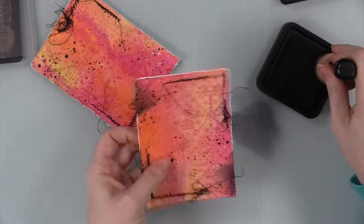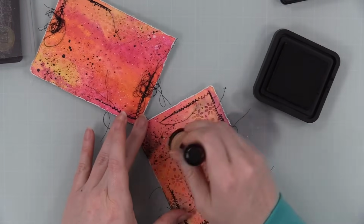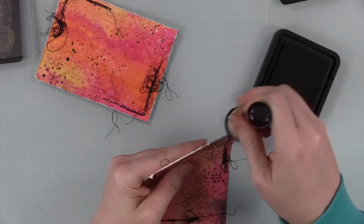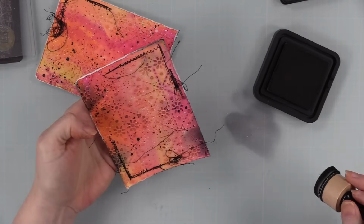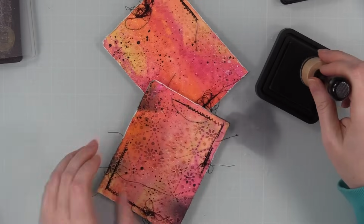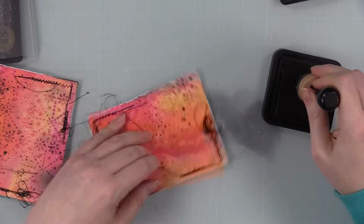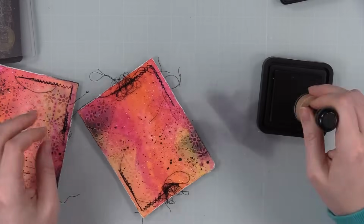So again, just to create some more grunge, really. And then I would also take the blending foam and I was lightly going over the areas that I'd stenciled. So it's just catching on that paste and it's making that crochet block flower pattern pop up a little bit more. So yeah, just mucking,